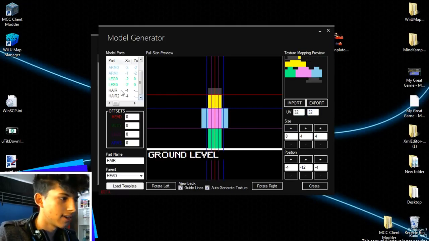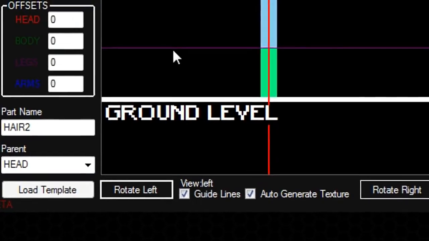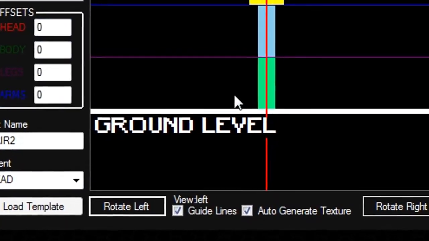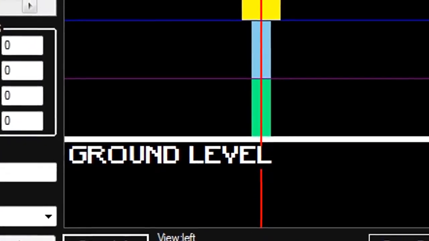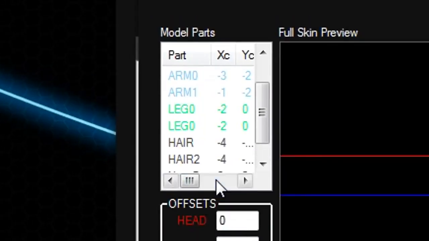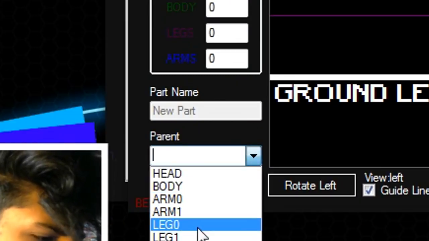Okay, so there's the hair. And let me go to hair 2. And I'm also gonna make this go down 32. All right, that looks good. And for my shoes, I wanted to add like a little nubby part to show my foot kind of coming out. So I'm gonna go over here to the model creator, click create new, and I'm gonna line this up